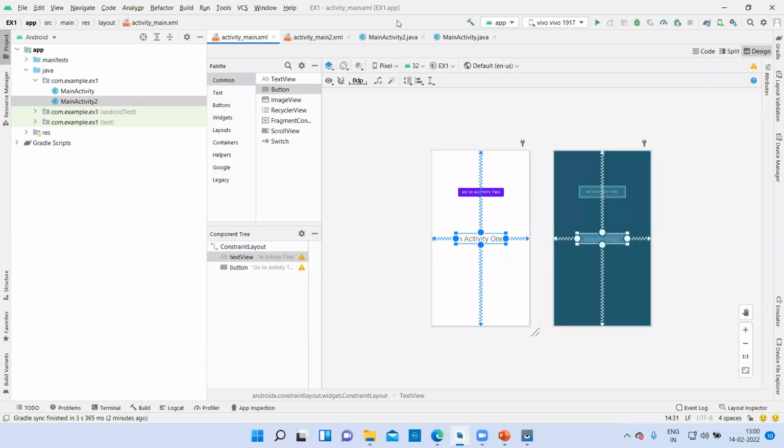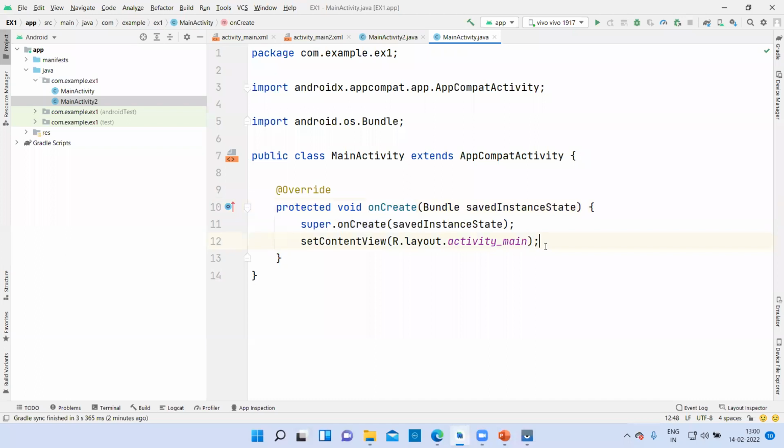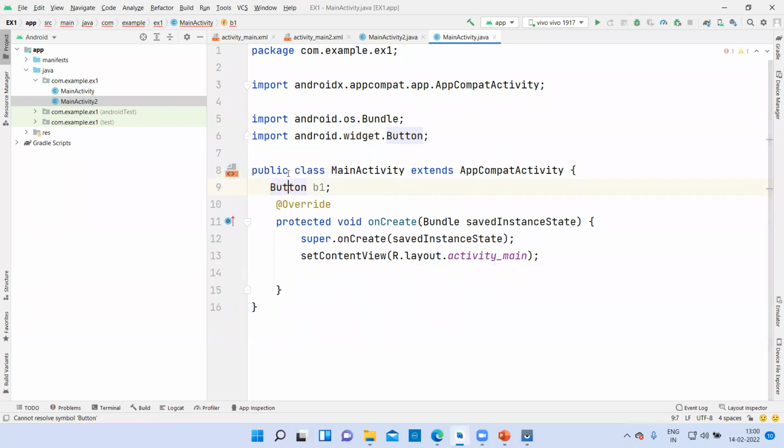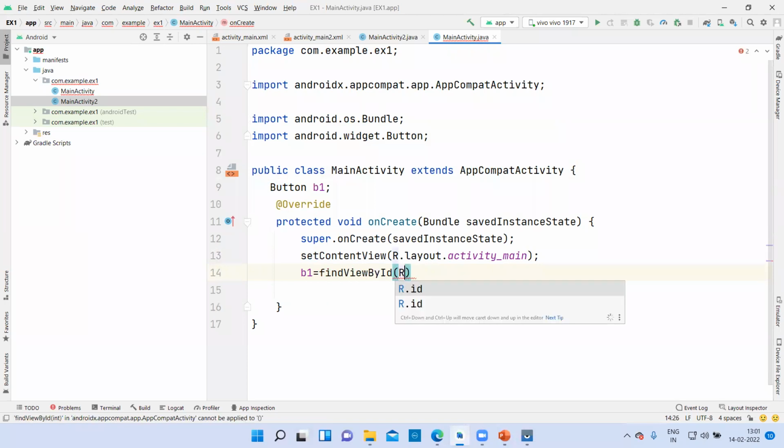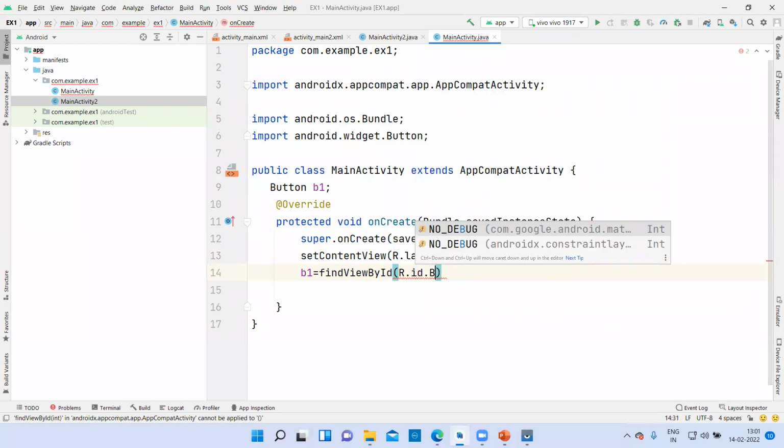Now come to the MainActivity.java. So you will find the button here, because on click it will move to the second activity. Button, let it be B1, and let me import it with the help of Alt plus Enter. Now you'll take the instance, B1 is equal to findViewById(R.id.button).